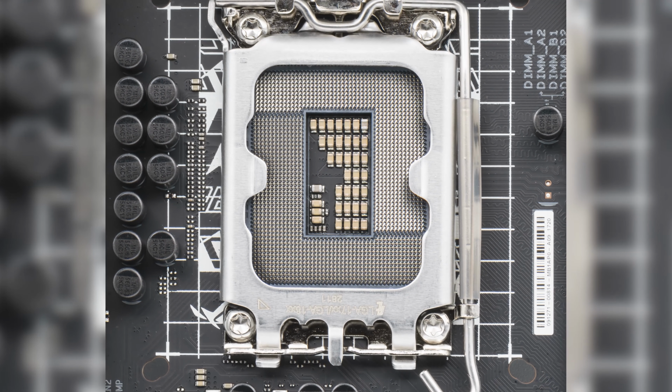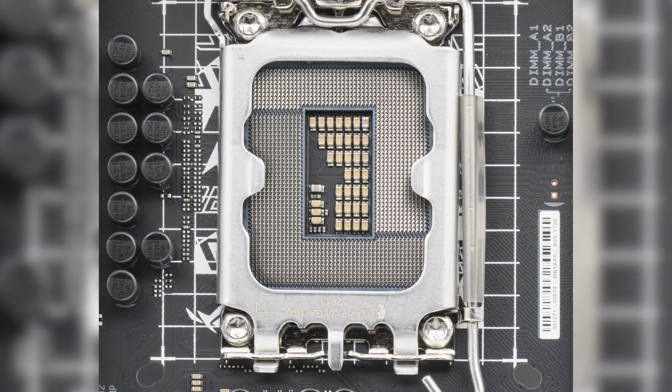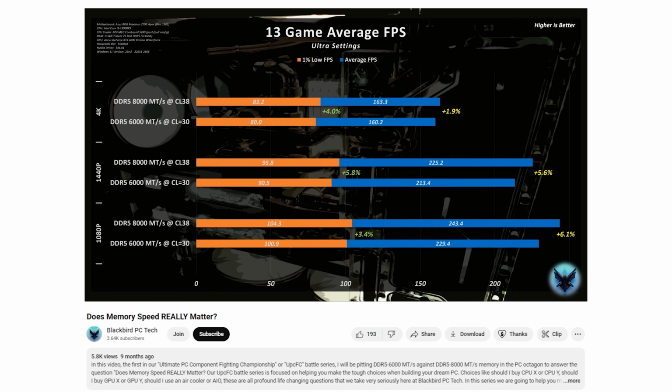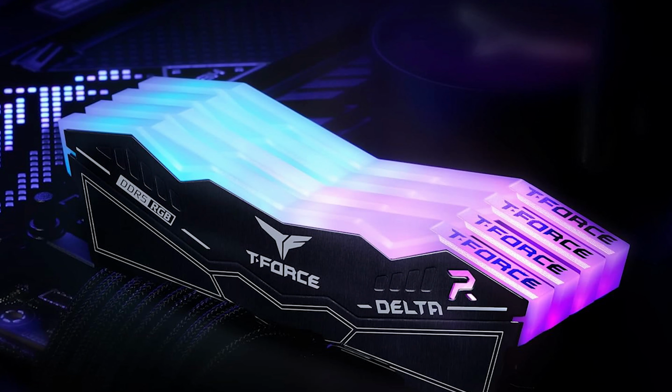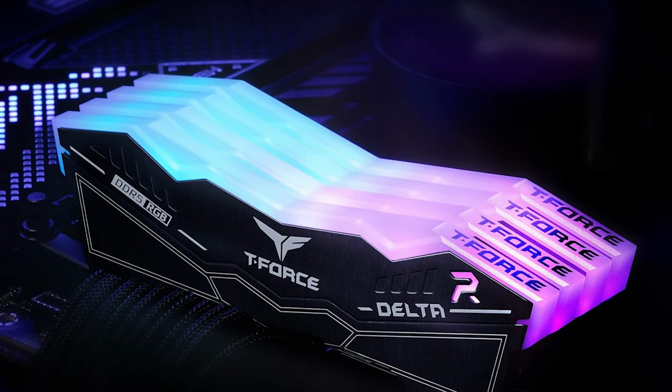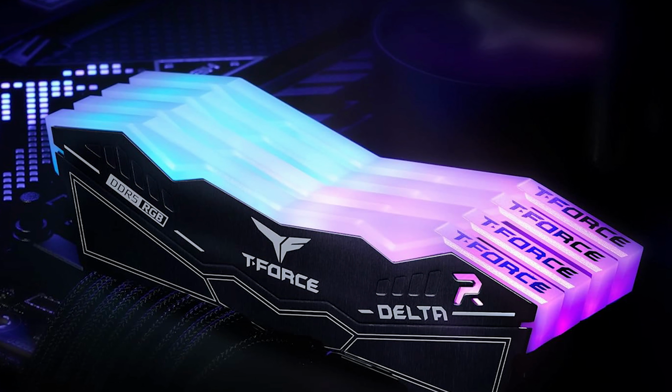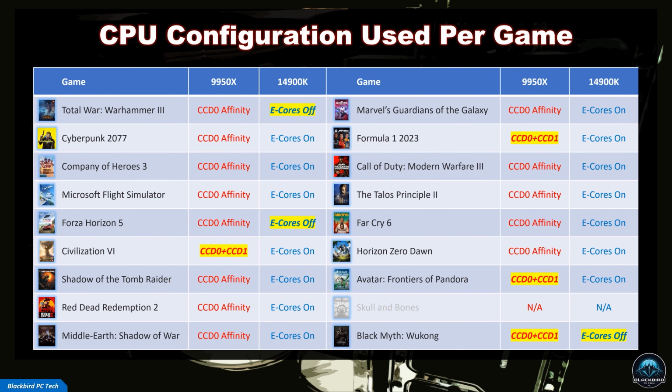For Intel LGA 1700, performance increases with memory speed. However, memory stability becomes an issue at higher speeds, especially with 4DIMM motherboards, and is highly dependent on the quality of the CPU Integrated Memory Controller, or IMC. So to avoid producing results that only a handful of lucky users will be able to achieve, I selected a memory speed of 7200 megatransfers per second for the 14900K. I also ran each CPU at their optimum configuration for each game, as well as applying a number of